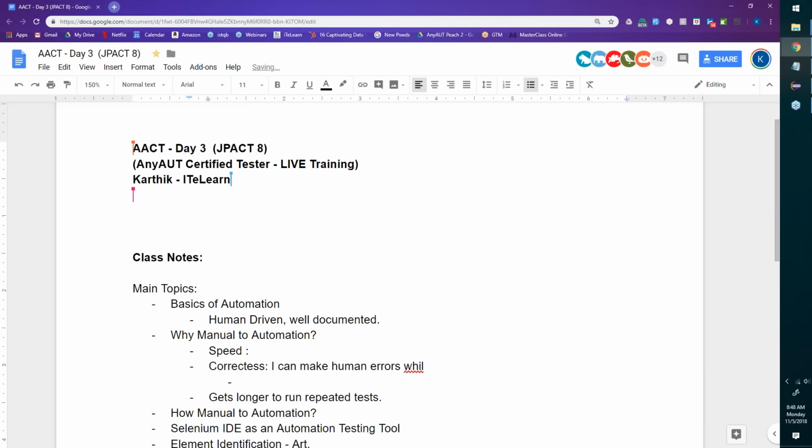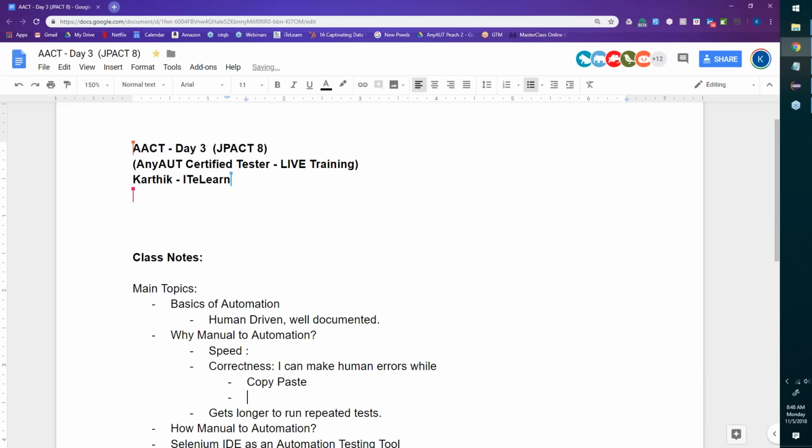Doing copy paste, team. A lot of times, all I do to be a fast QA engineer is I'll go here, copy this, paste it, copy paste, switch between windows and so on. Because I have so many tests to do in the real world, team. It'll get annoying. The second issue, copy paste, human errors.